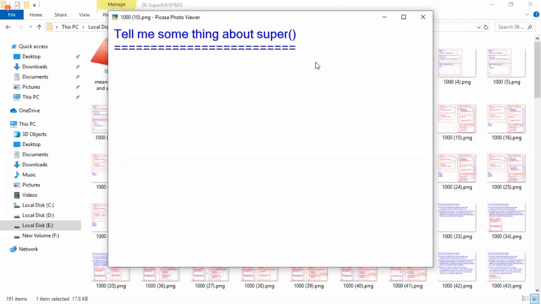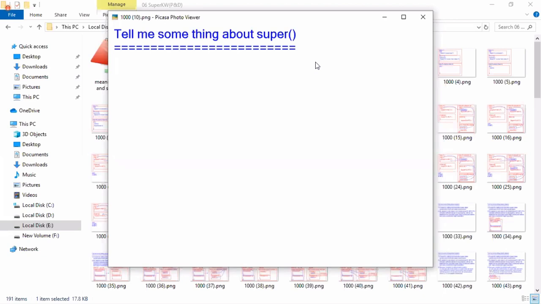Are you catching my point? Again, calling the super class constructor in subclass constructors is mandatory. If you don't call, super class members will not be initialized. If you don't call, the compiler will insert the super call.